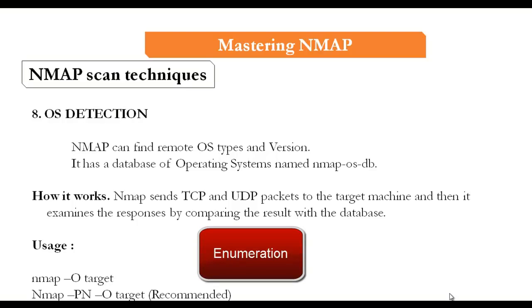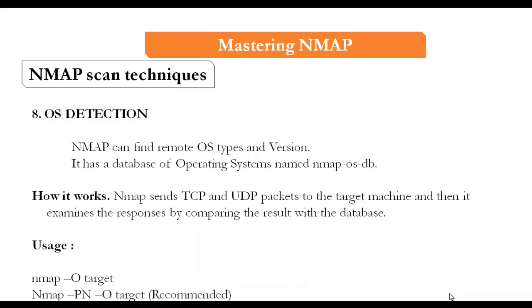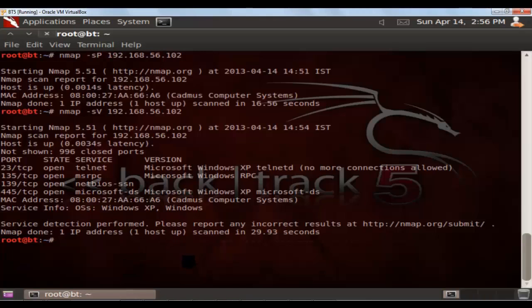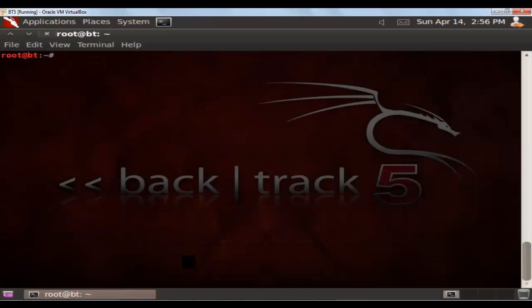It maintains a database of operating systems with the name nmap-os-db, and this scan technique sends TCP and UDP packets to the target machine, and then it examines the responses by comparing the results with the database it has. Now, to find out the OS specific details, we can simply use the switch -O, which is capital O,